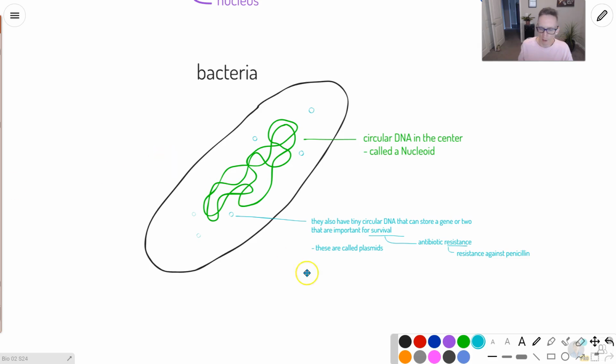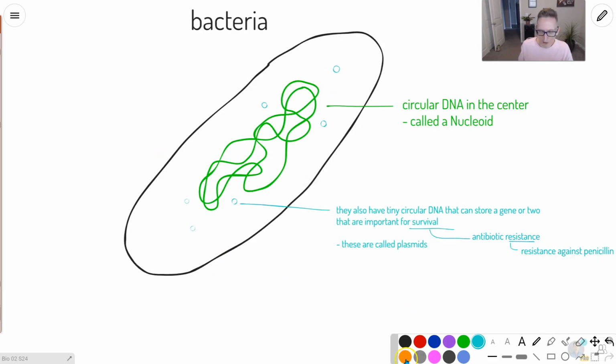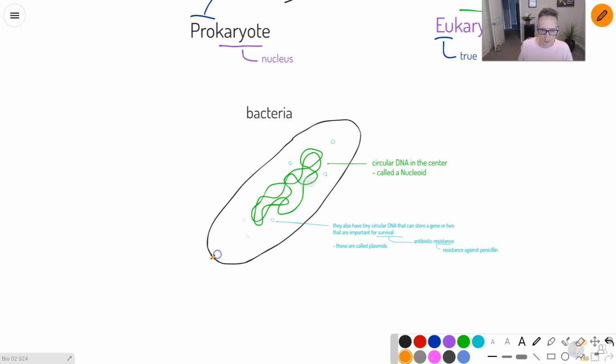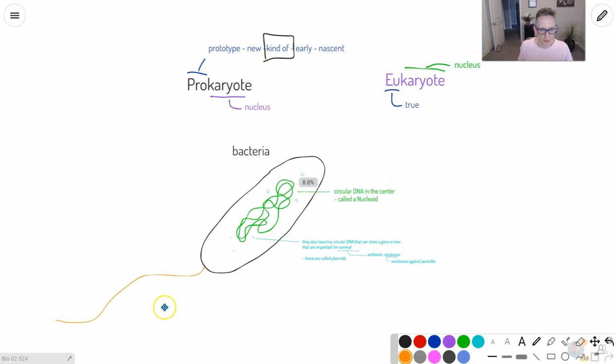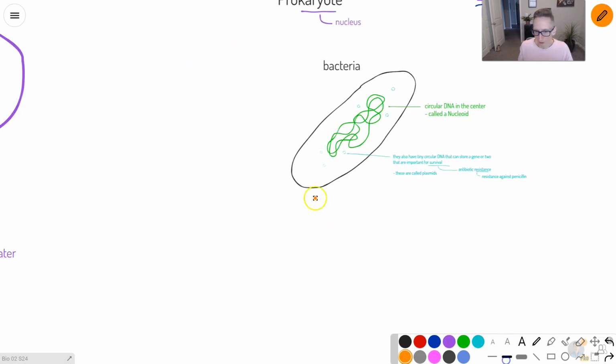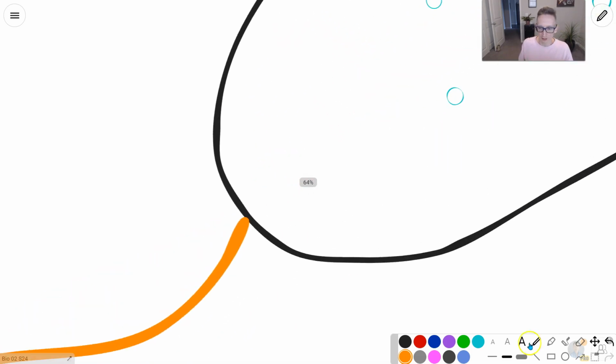Okay, so they will also have structures that come off of them, for example, that will allow them to swim, kind of like a sperm. Let me draw this a little thicker, actually. It's called a flagella. Flagella allows them to swim. So this thing will actually have a big old base like this that kind of sits in the membrane,